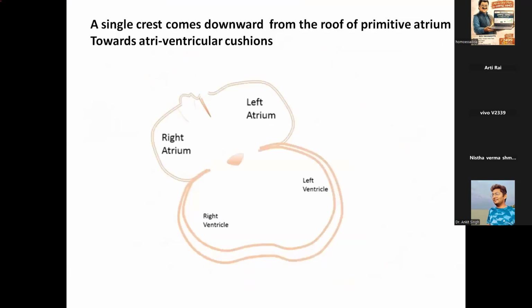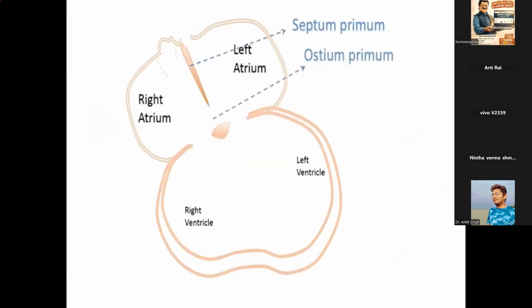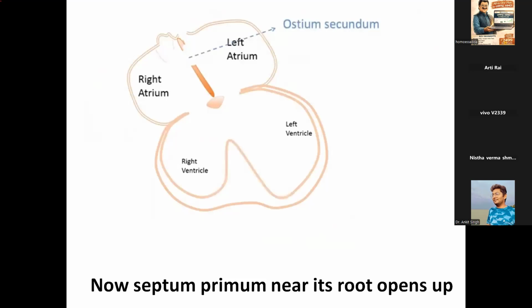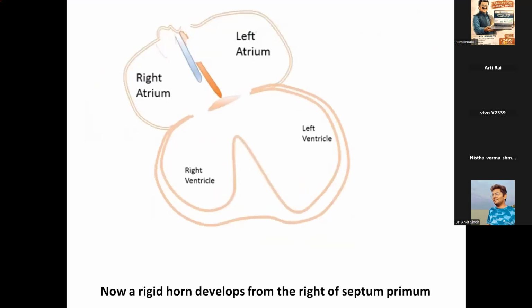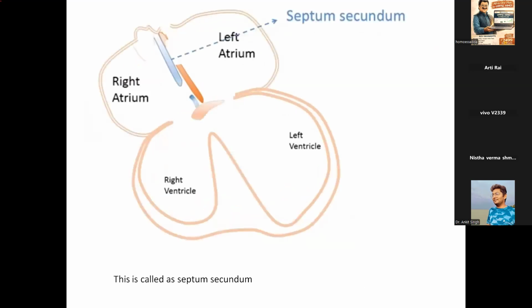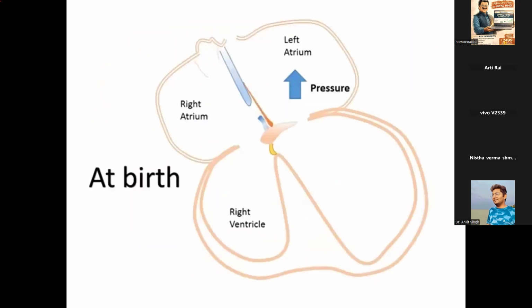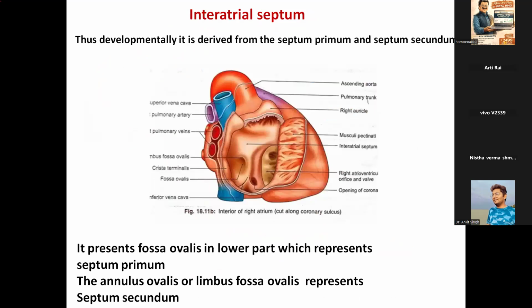Initially, there is nothing. Then there is a formation of a crest which goes downward. It forms the septum primum, with a small area that is the ostium primum. Then the septum primum is completely developed. Now there is a formation of the ostium secundum. Then there is development of the septum secundum. Right? And there is a gap that is the foramen ovale. At the time of birth, it gets completed. Right? And what is important: the fossa ovalis represents the septum primum, and the annulus ovalis or limbus fossa ovalis represents the